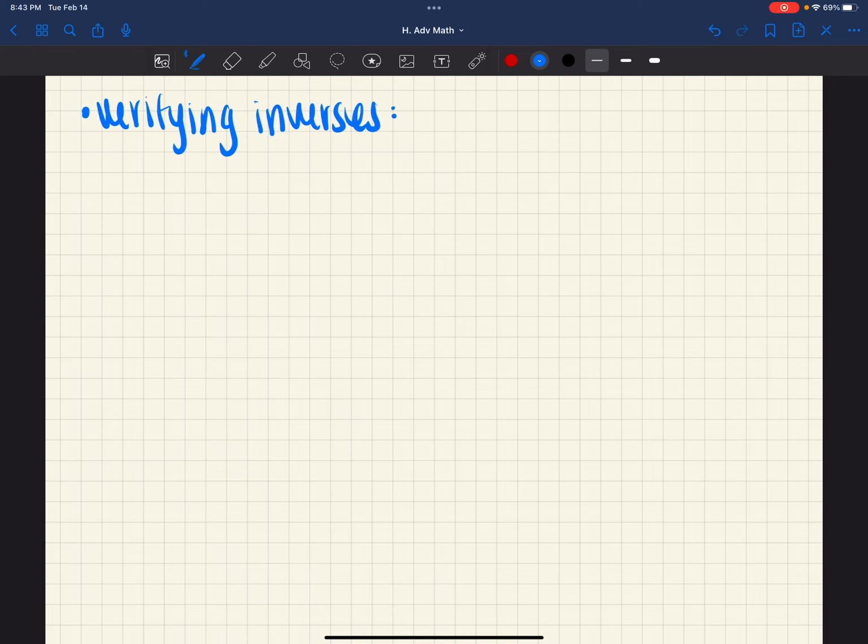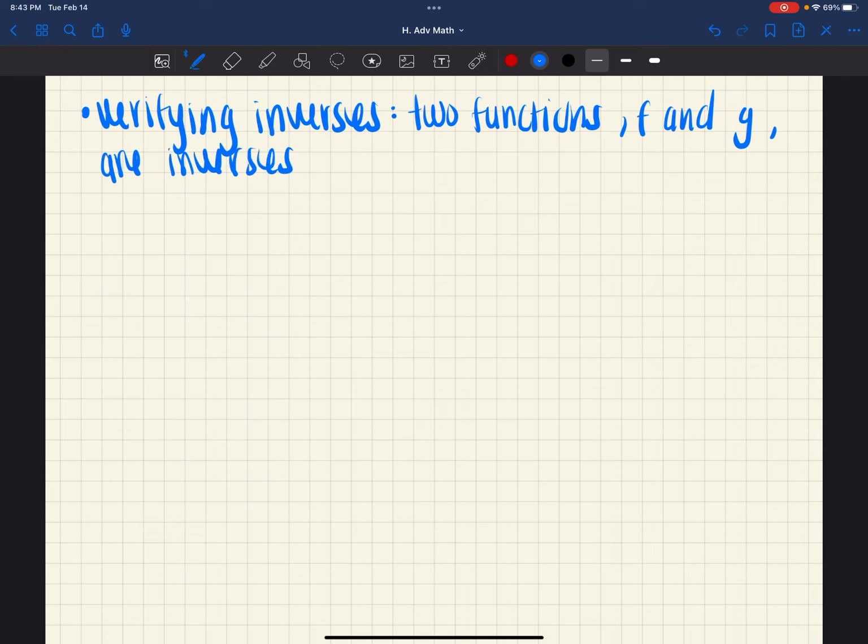Well, two functions, let's call them f and g, are inverses if f composed with g of x is equal to x, and g composed with f of x is equal to